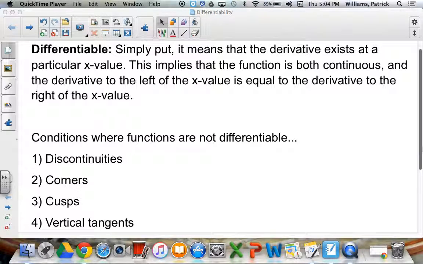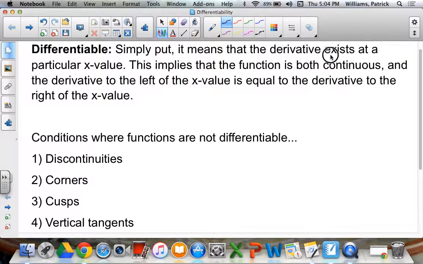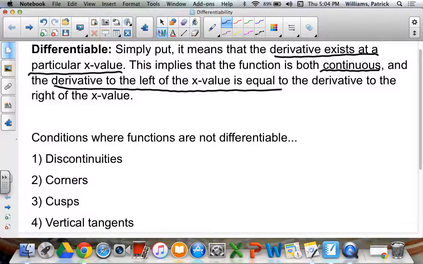So in this video, we're going to talk about something called differentiability, and we have this explanation right here. Basically, what differentiability means is that the derivative exists at a particular point. Okay, so this really implies two things. The big one, first of all, is that the function is continuous at that point. We'll explain that in a little bit, and that the derivative to the left and right of the x value